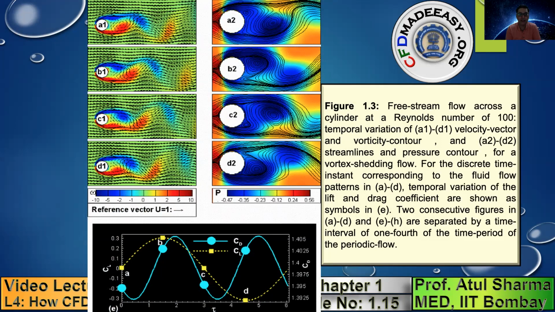So note that in this figure, if you compare the pressure, here the lift coefficient is plus 0.3. Plus 0.3 means the lift force is acting in the upward direction. Now, if you compare the pressure distribution on the lower half and the upper half, you can see that the upper half is exposed, over a much larger region, to the dark blue region. So by looking at the pressure near the top half versus the bottom half, you can realize that on the top half you have a low pressure. So the net lift force is vertically upward in this case.